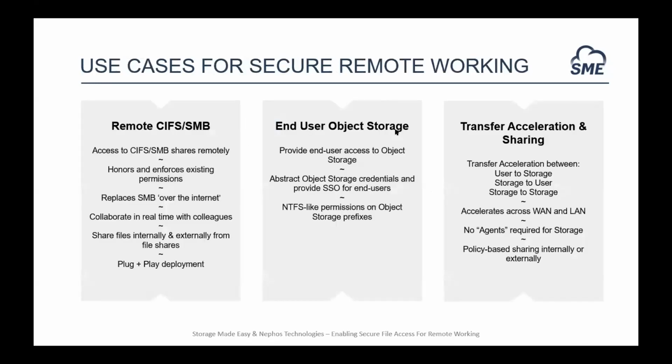So what are some of the use cases that the File Fabric can help with, specifically in regards to remote working? There's really three key use cases that I've picked out here. There's many more that the File Fabric can help with, and we can always go through those at a later time, but these are some of the ones specific to remote working. As Lee mentioned at the start,